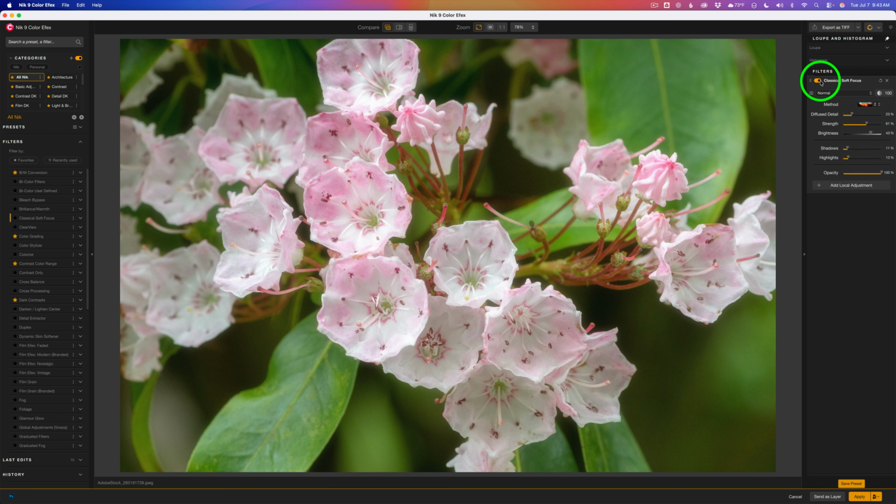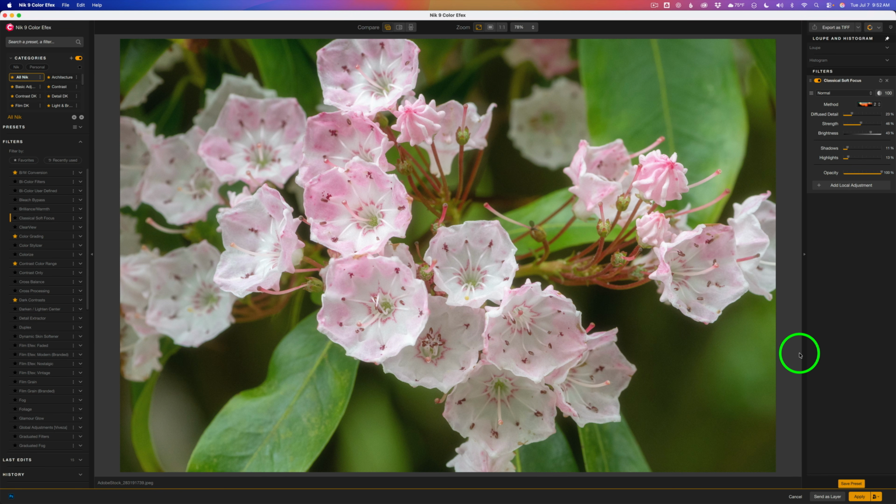Now let me shut this off. Here's before and here's after, but quite a change. It may be a little too strong, so I think I'll take the strength back a little bit to maybe right there. Now let me shut this off. Here's before and here's after. I really like this. Now, you could continue working on this image, add some more filters here in Color Efex,